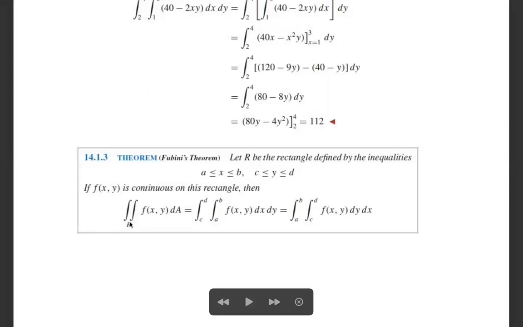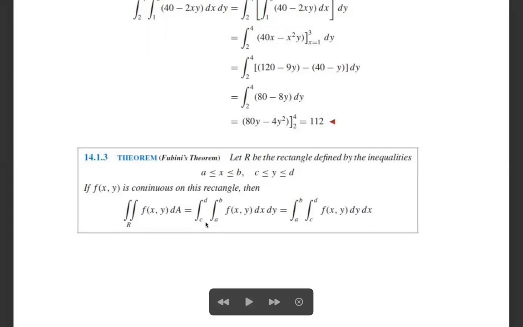Double integral over the rectangular region R f of x, y, dA equals integral from c to d, a to b, f of x, y, dx, dy equals integral from a to b, c to d, f of x, y, dy, dx. That means we can interchange dx and dy